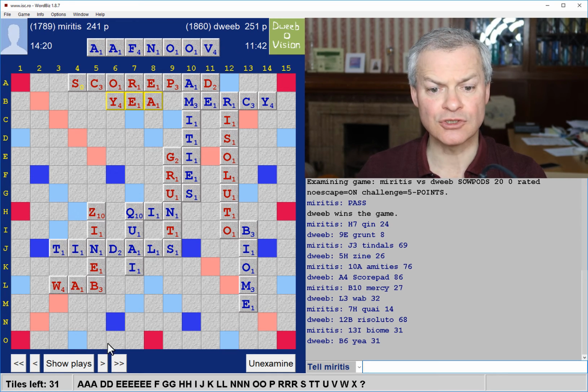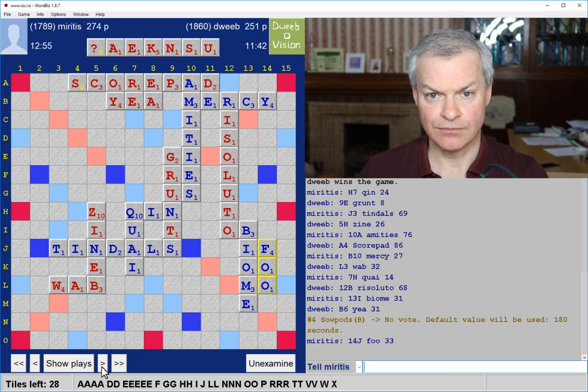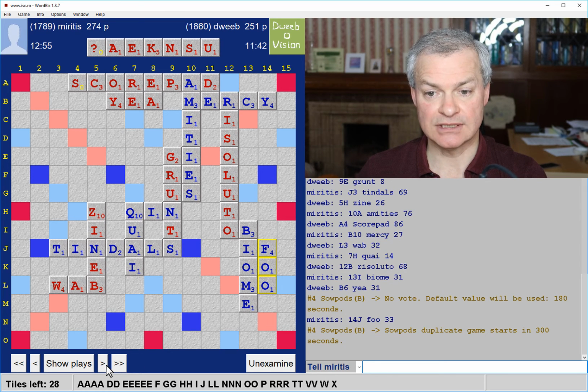And my opponent's got a grim rack. He has got vowels, but it's not a good rack. A lot of dis-synergy going on there. Plays foo, and now I'm in a position to really strengthen my hold on the game. I'm only 20 points behind, but a solid 80 or 90 point play in column 15 would put me in a very strong position. Instead, I play a phony,